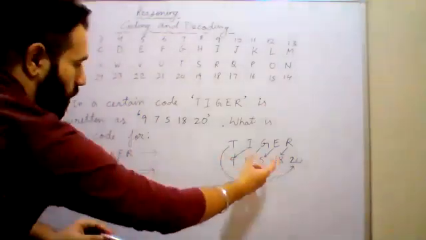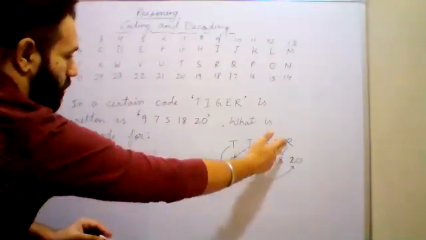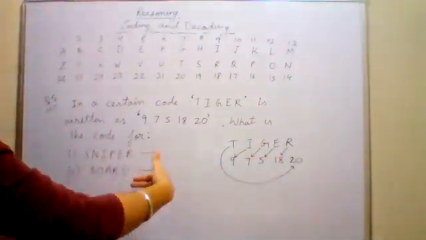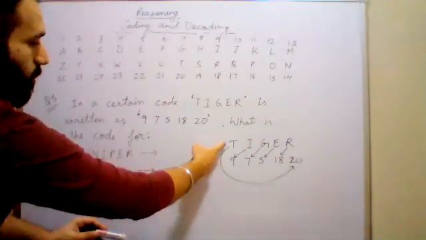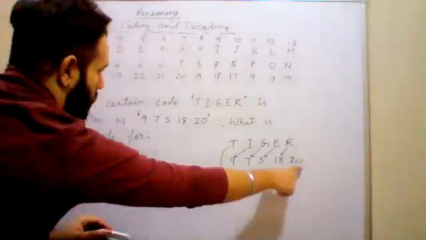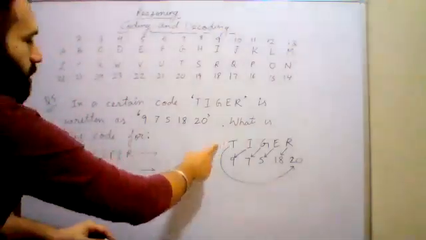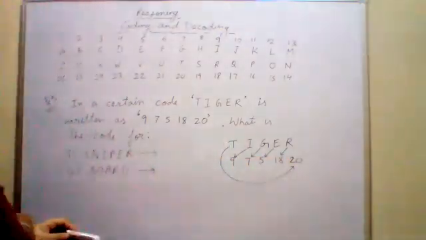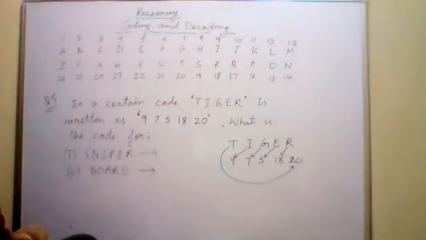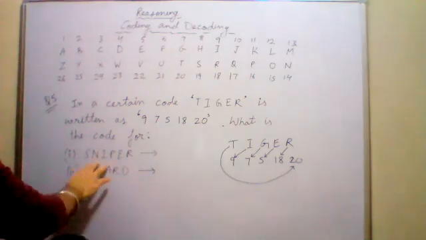So we have shifted one place. The codes of all the letters are shifted to the left side one place, and then the code of the first letter is written at the last. First letter का जो code है वो last में लिख दिया है बस. Only this is the difference. Understood all of you or not? Now can you do for sniper?